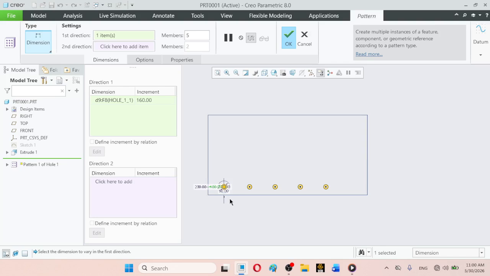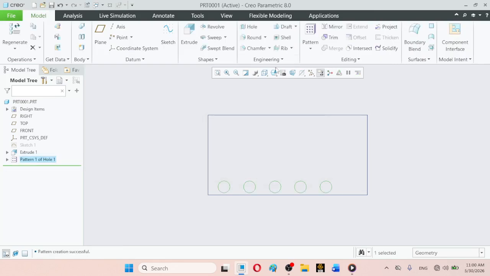But again here you must remember that if there are 5 patterns, 1 2 3 4, and there is the 5th object. Let us first make it okay and observe it.